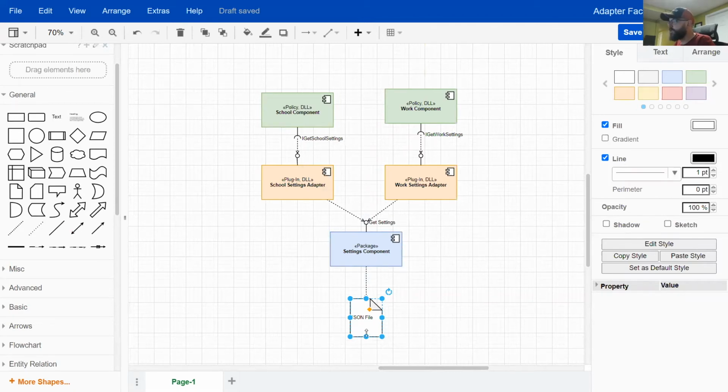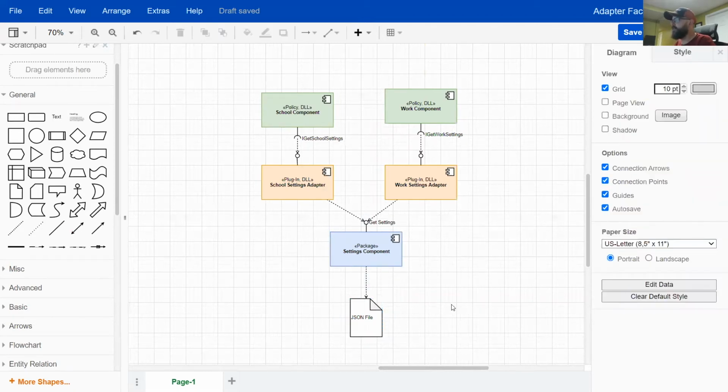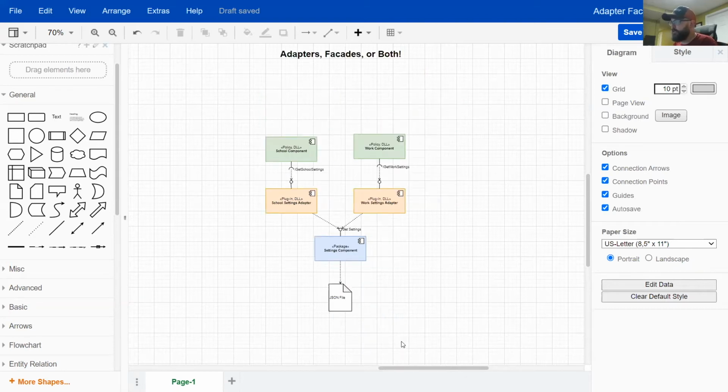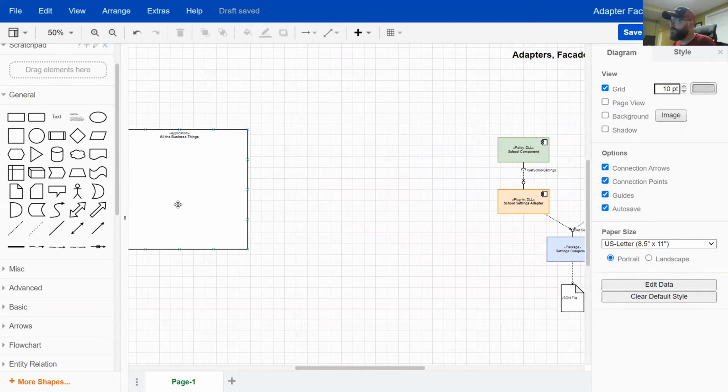The settings are stored in a local JSON file. It's pretty straightforward. .NET Framework actually just has this built in, their configuration settings library. But let's just say we wanted a nice, easy, accessible way to get those values locally. And when I say locally, I mean in relation to the